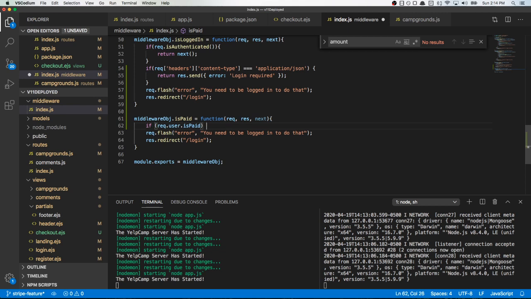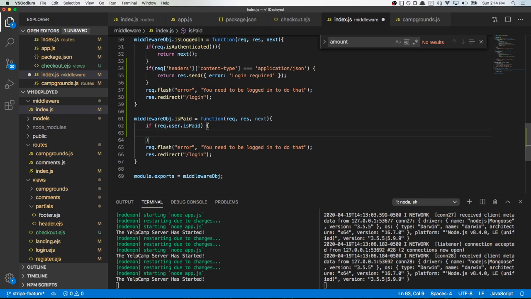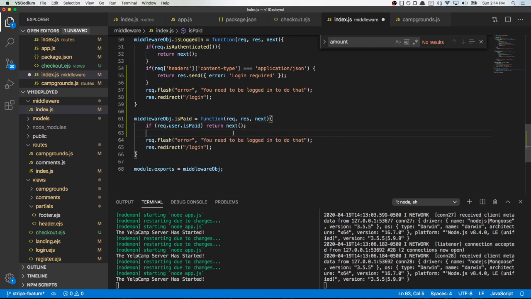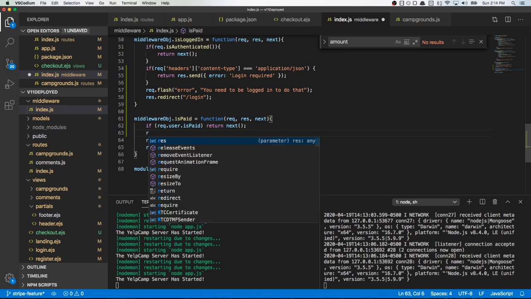If it's true, which at this point it shouldn't be, then you can just say return next on the same line and invoke it. Always make sure you invoke next, otherwise it's just going to keep loading the page forever and ever. All right, so then that will stop right in its tracks. If you're paid, then you just go to the next page, no problem. If you're not paid, then you're going to